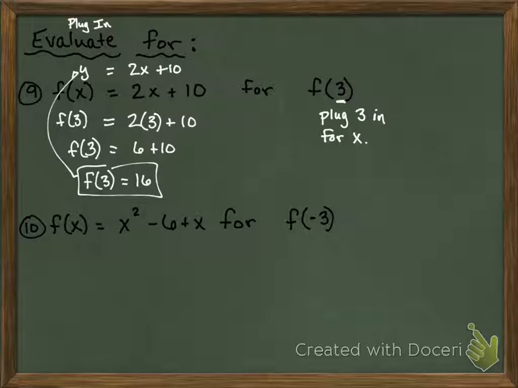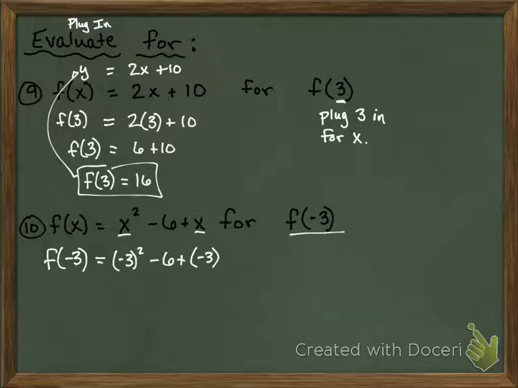Okay, and so the last one we have says f of x equals x squared minus 6 plus x. And we want to plug it in for f of negative 3. And so here, again, I have f at negative 3 is equal to negative 3 squared minus 6 plus negative 3. Okay, anytime I have a variable, I always put that in parentheses when I'm plugging something in, just because